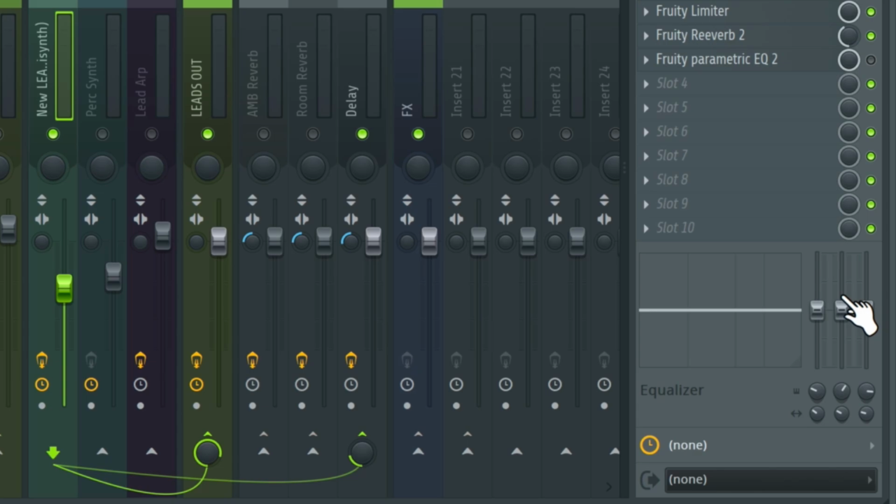When you're EQing, one thing that's really important is to make sure you're doing that within the mix. There's no point in making this instrument sound really good on its own, because when it's playing with everything else in the mix, it's going to change how we hear it. I don't know if you can tell there, but there's quite a lot of low frequency content in this lead part. Now if I unsolo this,